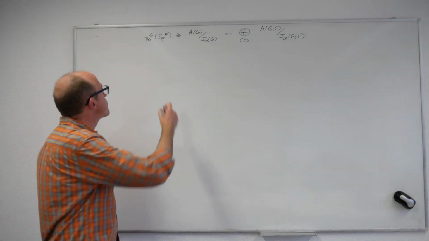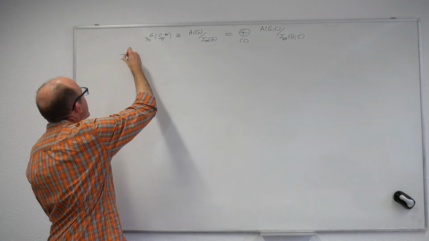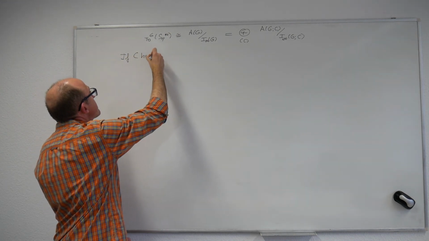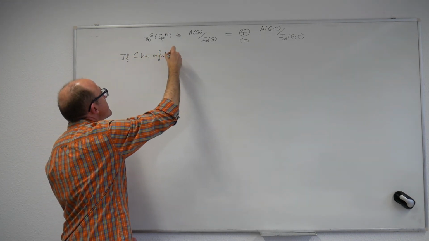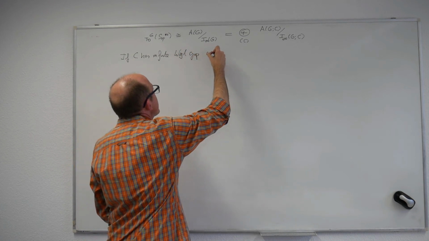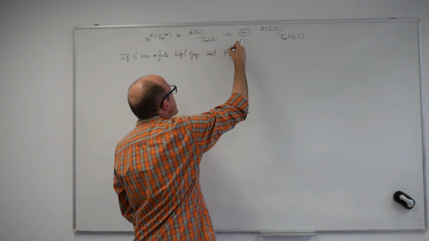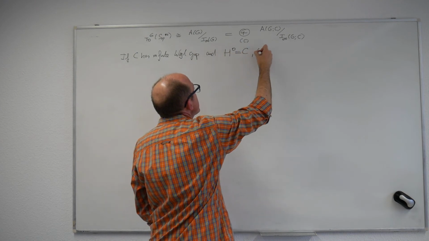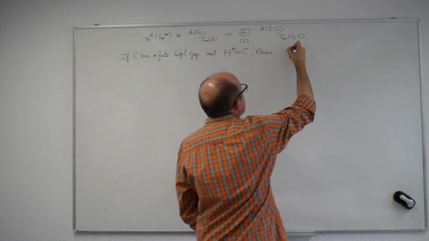If the connected group C itself has infinite Weyl group, and we have another closed subgroup whose identity component is this given C, then we can look at the element